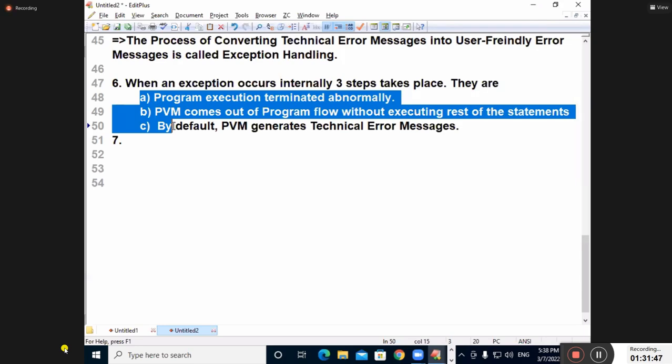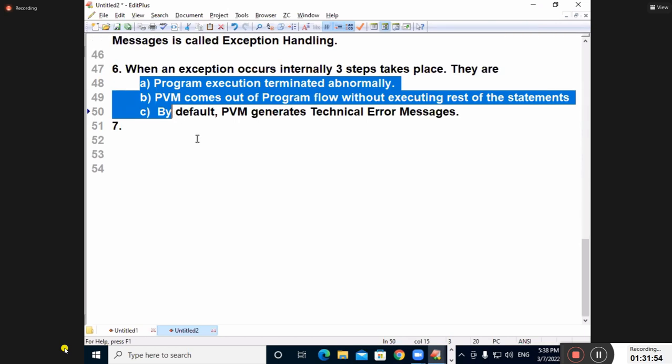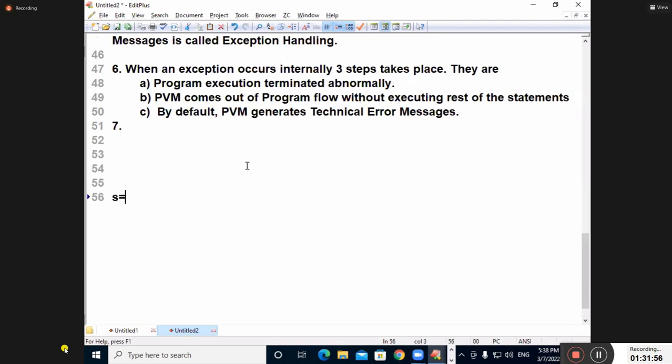Even in normal life also, anything you want to do, you have to do with an object only. You want to sleep. What will you do? s is equal to what will you do? Sleep. What is s?